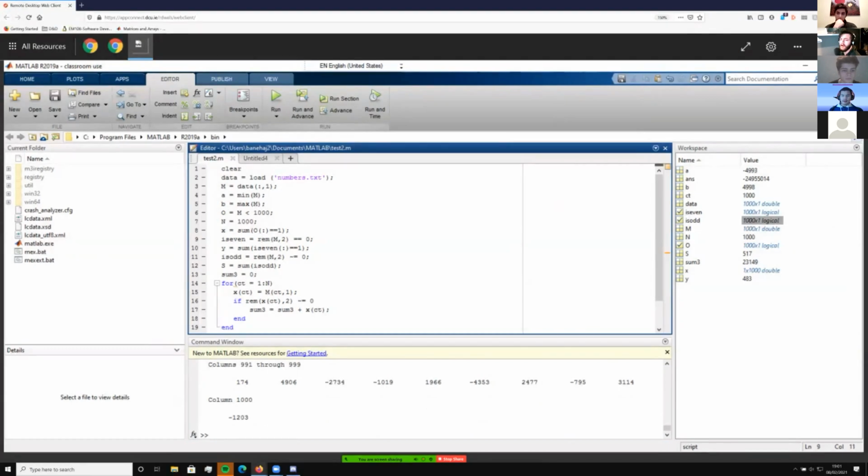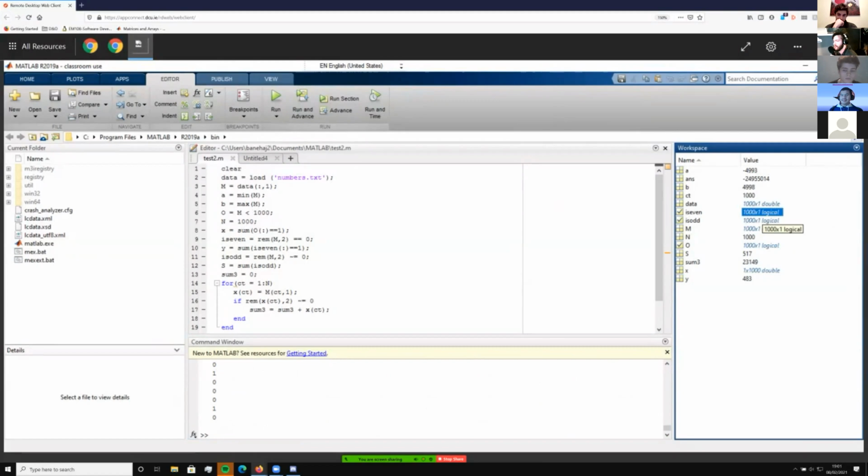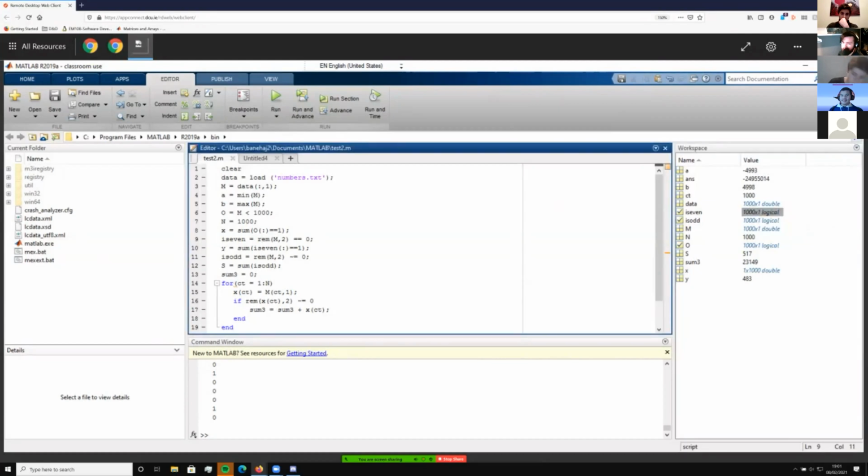So is even. As we can see over here, is even is another logical matrix, so it's ones or zeros. And this is using the mathematical function remainder. This should probably be in brackets so it looks nicer. What this is doing is checking the remainder, like the percentage sign in C for modulus.